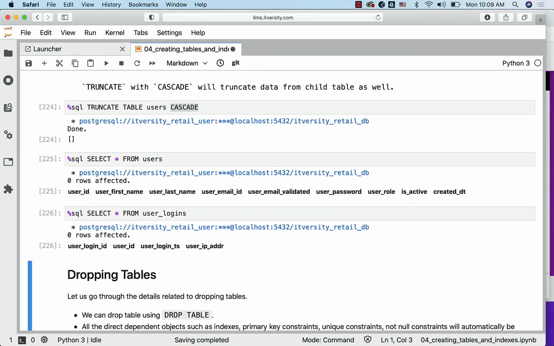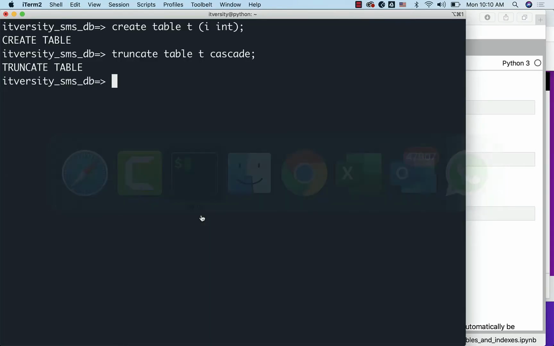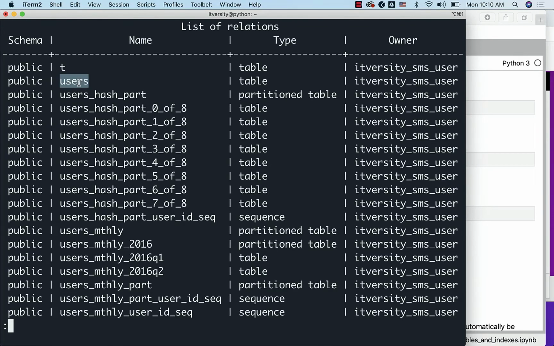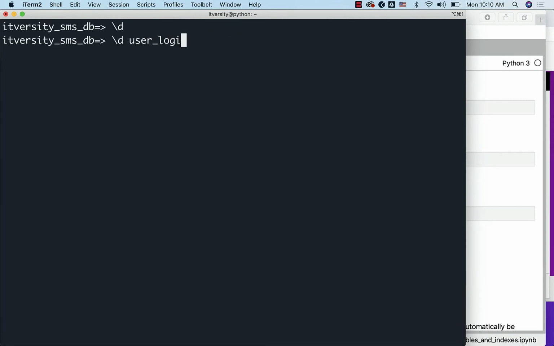Now if you want to truncate the tables in an order without Cascade, then you have to perform steps in this manner. By default, when we use Jupyter Hub environment, each and every operation is automatically committed. There is a concept of transactions in Postgres. However, we cannot begin the transaction using Jupyter Hub environment. That's why I am using the command line approach here. I am already connected to the database. You can actually see the list of tables here. We have users and also there should be user logins. Let me see. User logins also should be there.